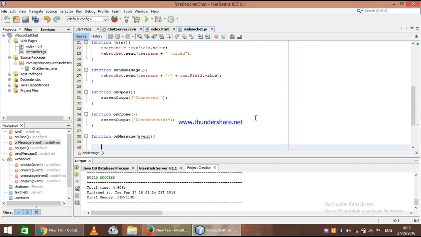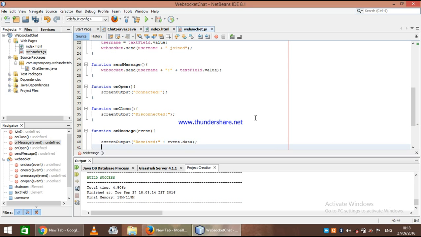So for that we will first write to screen output, and we will say here received event data, and rest of it, suppose if event dot data dot index of is